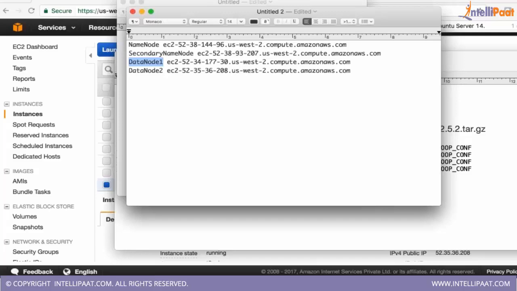Now, does anybody have any questions till now? So that is how we create 4 machines. Because we don't have physical machines, we are doing all these things. In your lab, if you have the machines, no need to do this. I'll take some questions now, so that we can start the deployment of the Hadoop cluster.